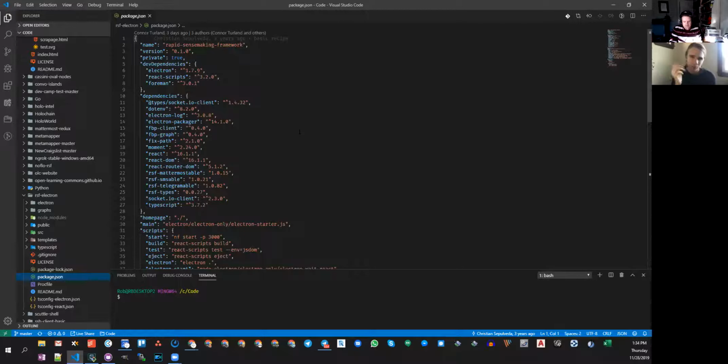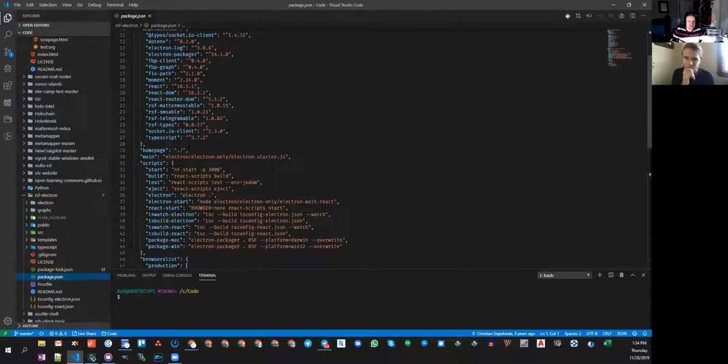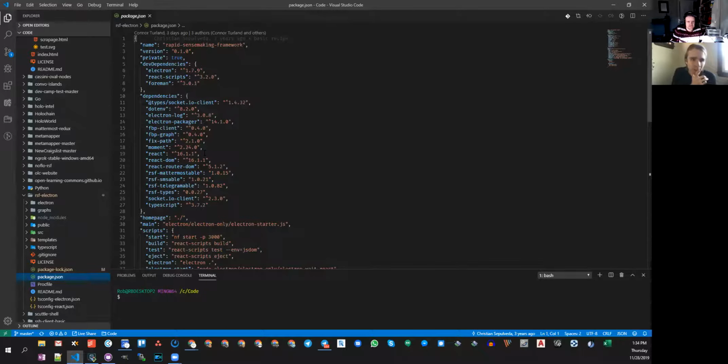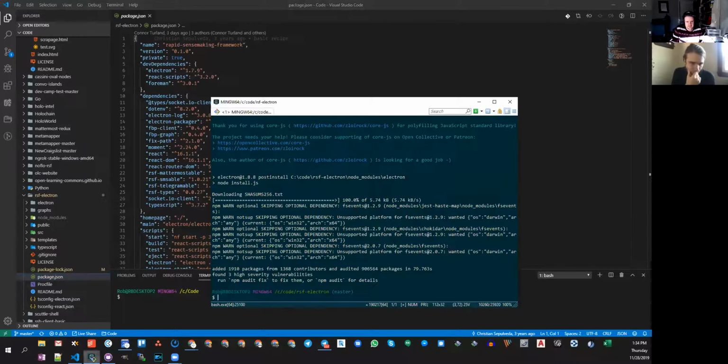It's mostly that I'm prefixing things with RSF, just as a convention, not as a locked-in thing. Then a couple of React dependencies, React DOM, React Router DOM, a couple of Electron, and then socket.io ones, and then TypeScript, which we've been talking about. Cool. What is?